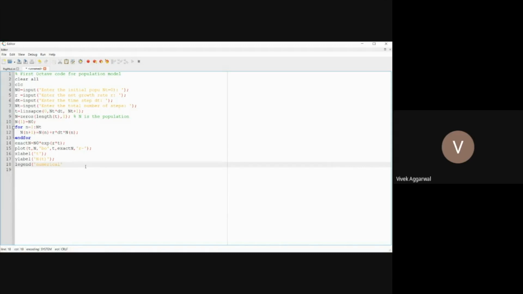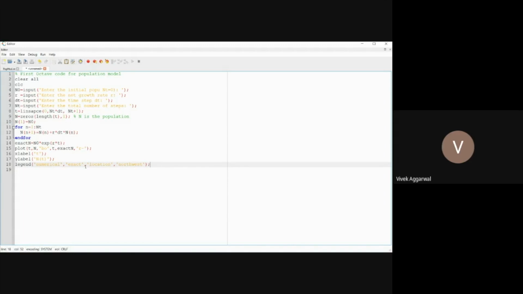So I will write that first is the numerical, then is the exact, and I want to put the location also, that where this will appear. You can give anything. So I'll give northwest. So this location I will give.